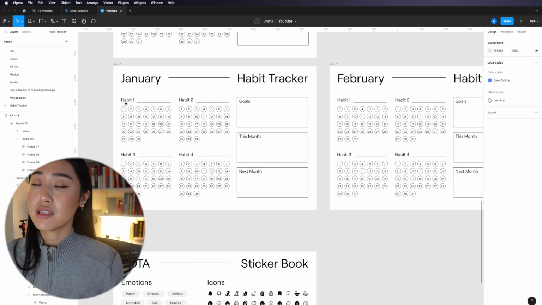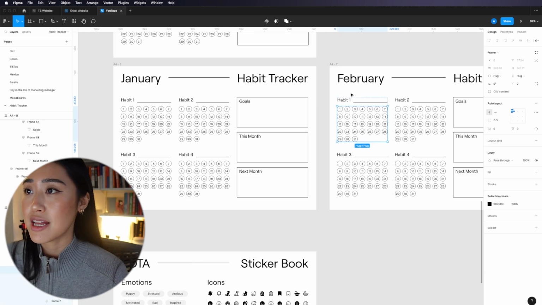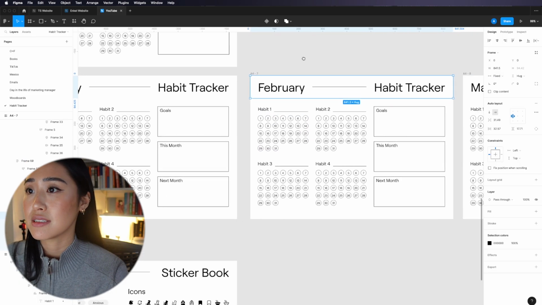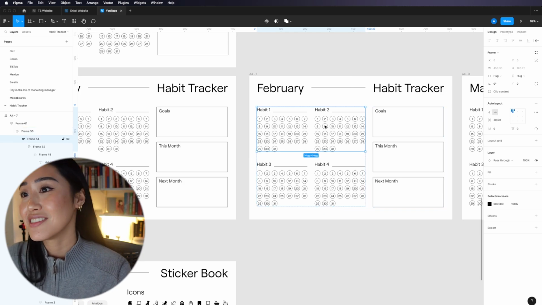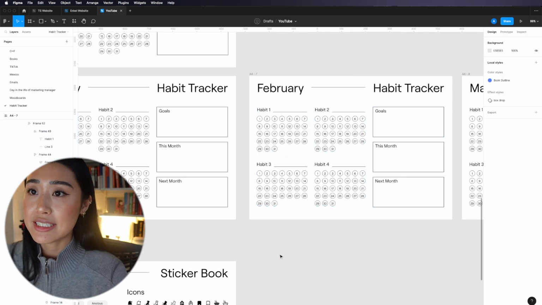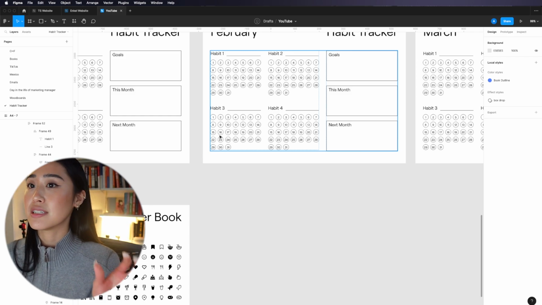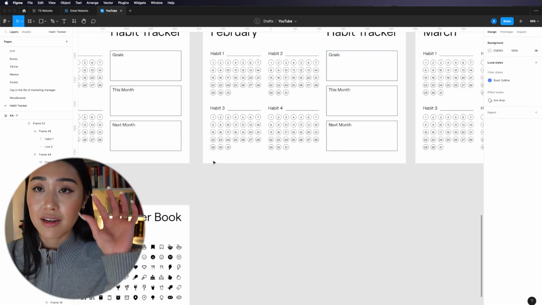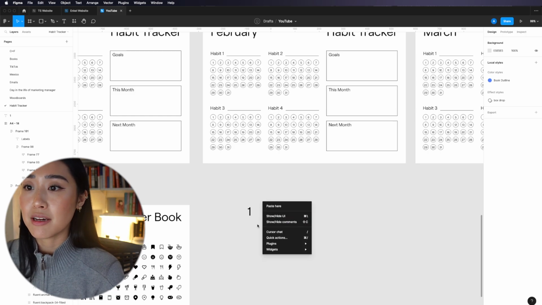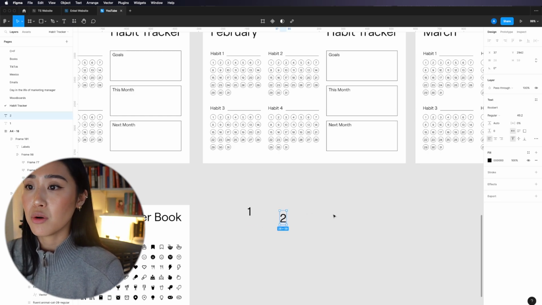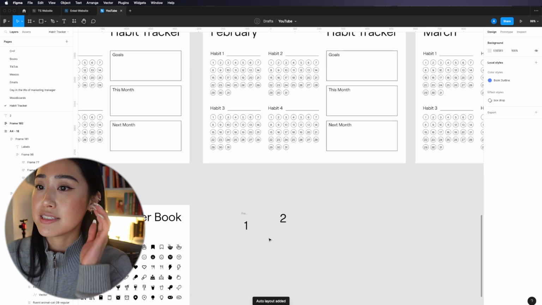I did do most of the things with auto layout. So for example, this is an auto layout, this is an auto layout, and each of these individual things are auto layouts. And here is how I made sure that the numbers would be centered in the circles and all the circles would be the same height and width. If you just take a number, like type 1 or 2, and then you hit Shift A to make it an auto layout,